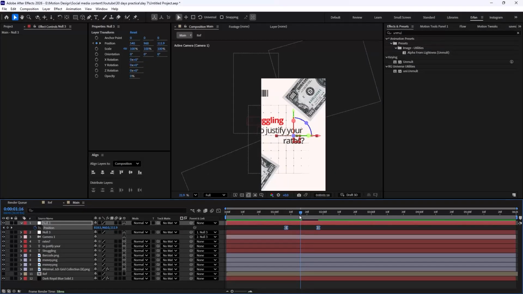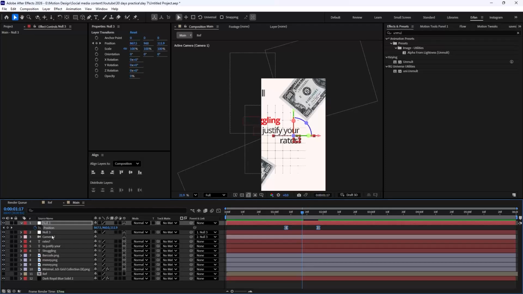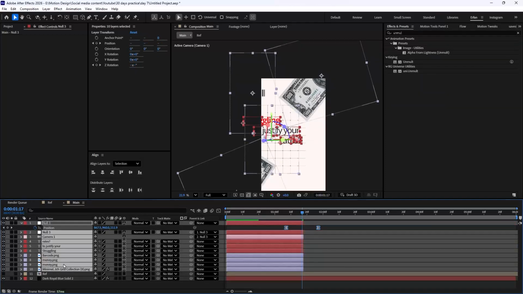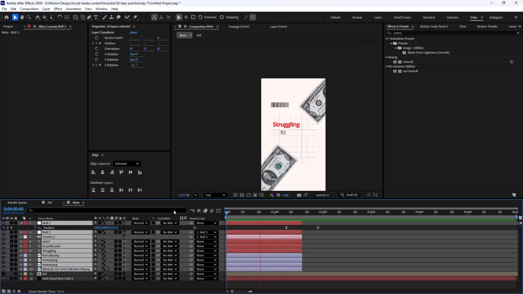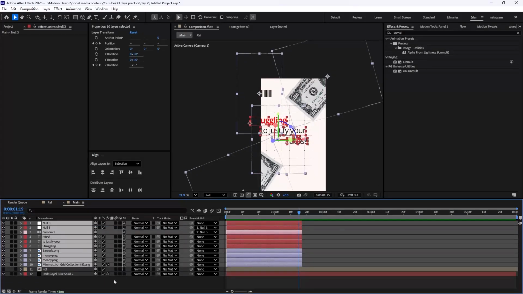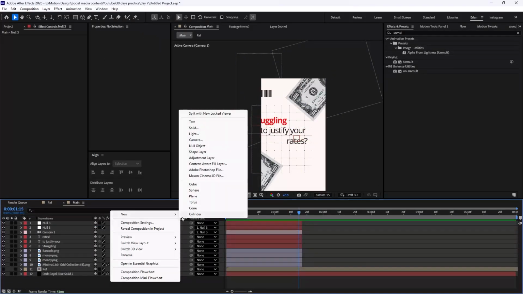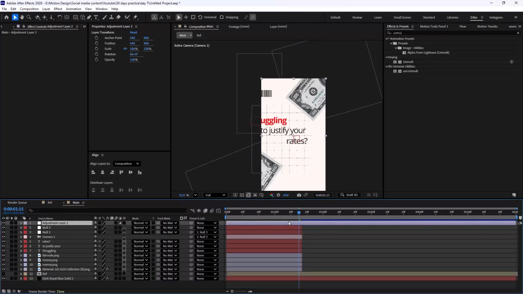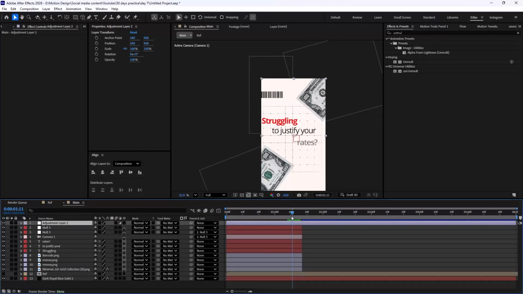And we're gonna just cut the scene in here. So let's just select everything, and we're gonna just cut it to finish the first scene. All right, that looks good. And now let's just add the impact effect to use it for the transition towards the second scene. So to do that, I'm gonna just add an adjustment layer. When it's in here, I'm gonna just cut the beginning of it.